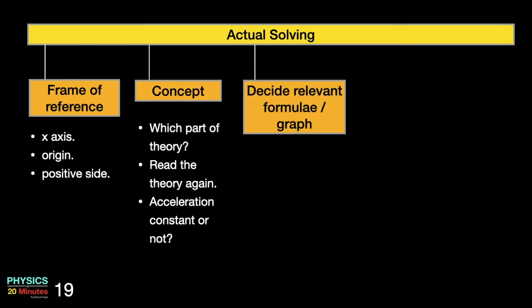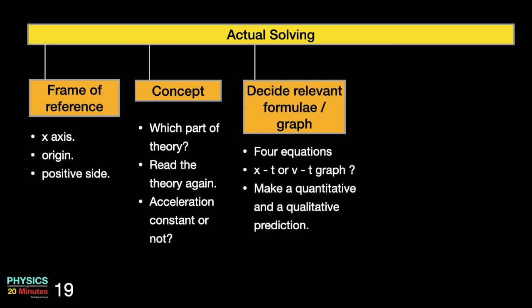Now, in the topic that we have covered, there are 4 kinematical equations. 1 or 2 of these should be needed to solve your problems. Again, we have seen xt graph or vt graph. Which of the 2 graph is more suitable to solve the problem, that you have to decide. From the equations, you can solve the problem and make the quantitative predictions, that is prediction in terms of numbers, while from the graph you can make qualitative predictions, that is prediction by argument.